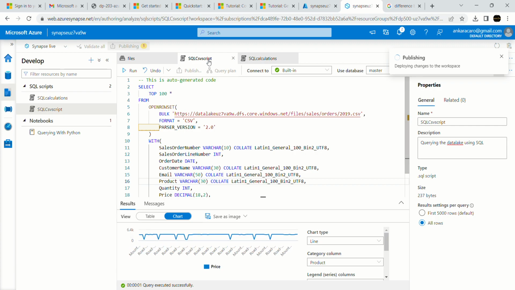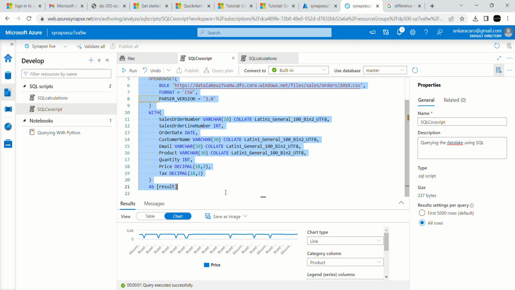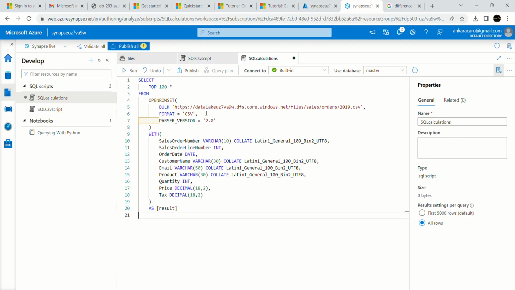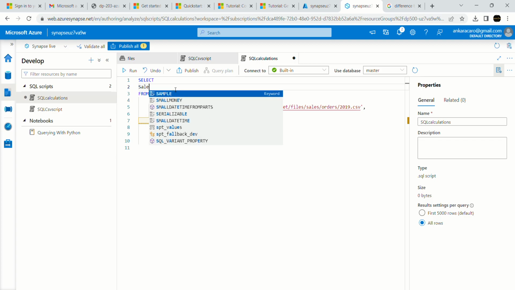Instead of typing out everything again, I'm just going to move something so that I can edit it, just to save time. I'm not going to remove my errors, because you can come across these errors and you need to know what to do with them. So what I want to do now is try some calculations. Select, what did I have there before? Okay, let me do sales order number,